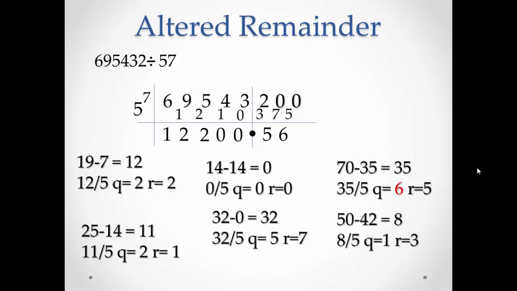And we see 50 minus 42 comes out to be 8. And 8 by 5, the quotient we get is 1 and the remainder is 3. So likewise we'll be solving this problem. So the final answer is